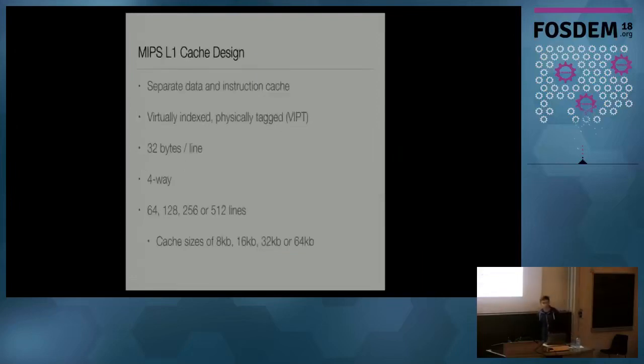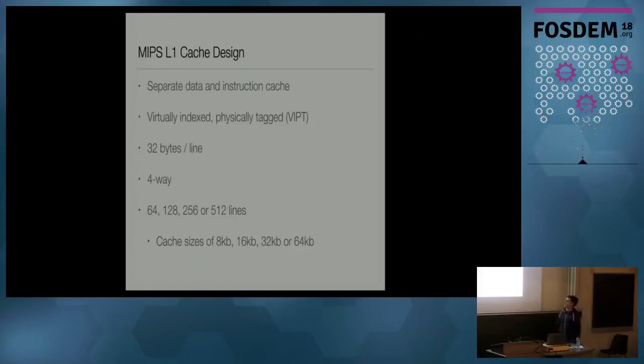So back in 2015, Alpha-RE and the Fiasco microkernel were ported over to the MIPS architecture, and so we learned a lot about the MIPS architecture. And one of the special things we had learned was, of course, the cache architecture, and this one is pretty well defined by the MIPS architecture team.